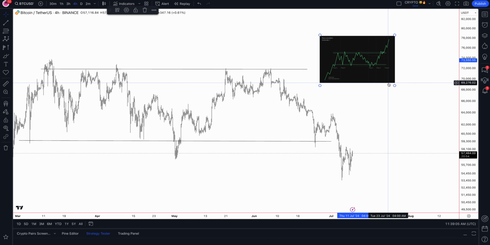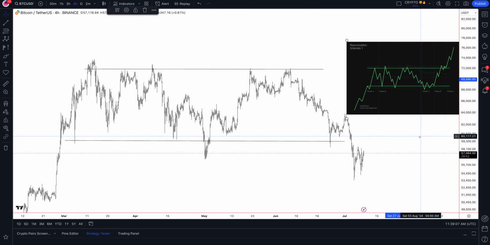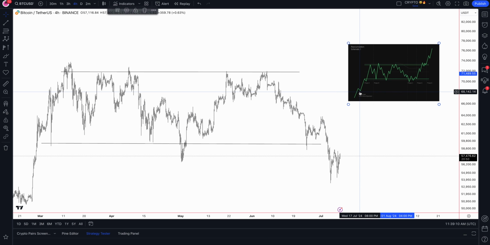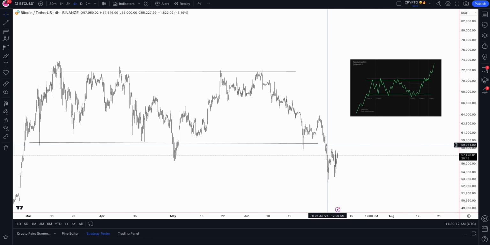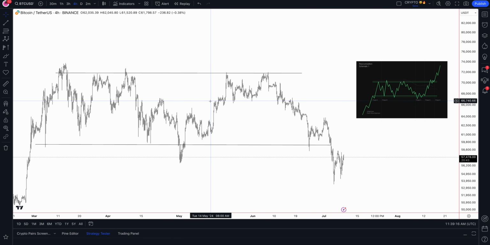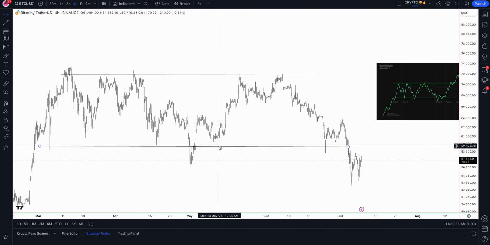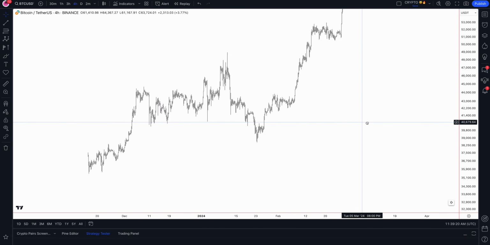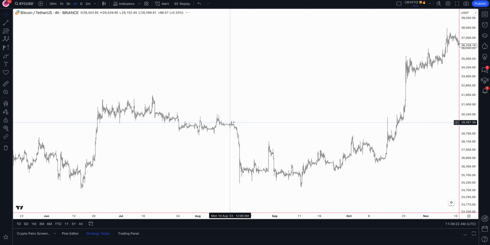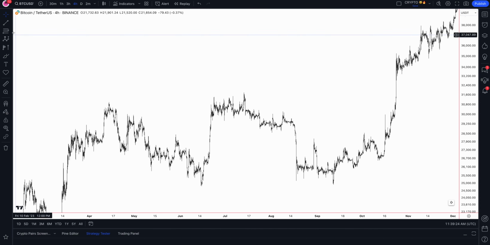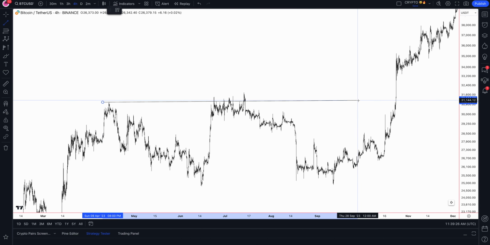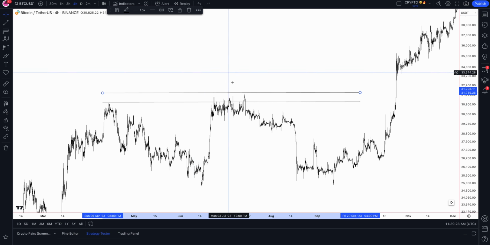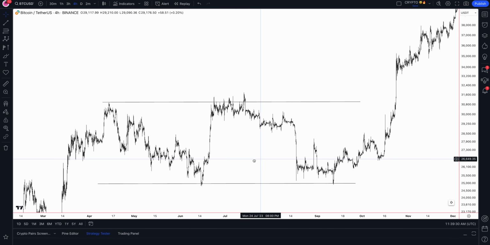Now a lot of analysts only know about accumulation and distribution, but I noticed that a lot of people aren't knowledgeable about reaccumulation. With reaccumulation, we tend to see it many times throughout an uptrend. For example, we had it back in 2023, and we're actually exhibiting the same signs as we did in 2023, right before we took off and had expansion